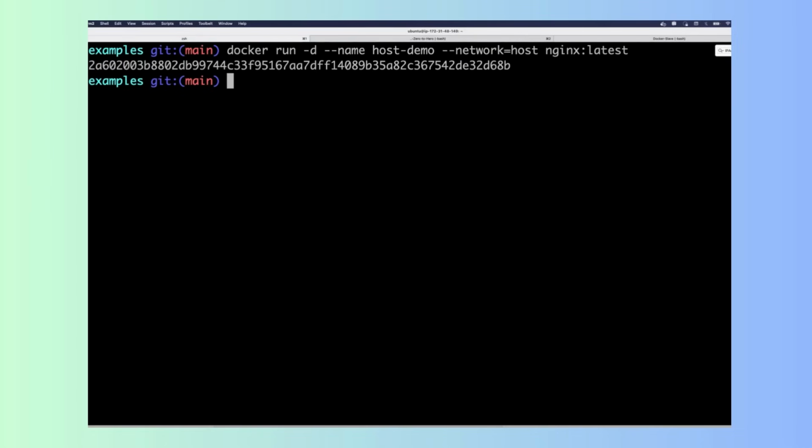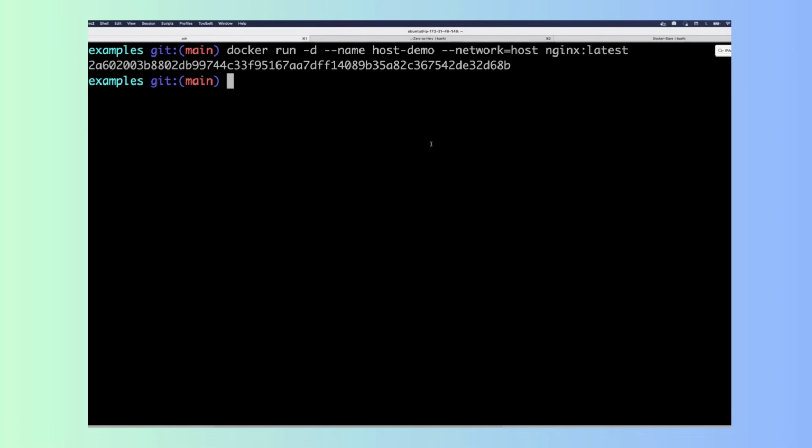So what would be the IP address of this host network or the container host demo? Any guesses? Put the timestamp in the comment section and answer your question. Let's see how many people understood this concept. If you have got this answer correct, what you will see is the container host demo will have an IP address completely different from other containers that we have created till now, the login, logout, and finance, because the networking